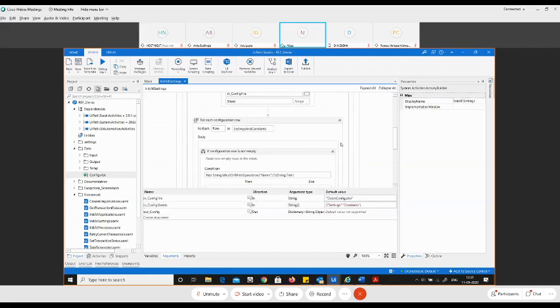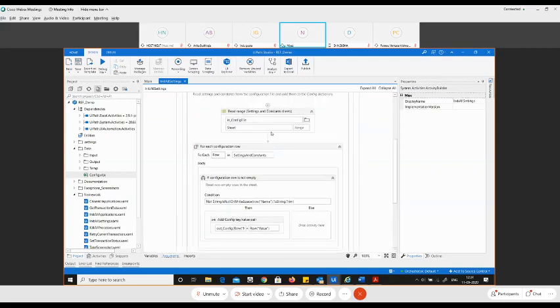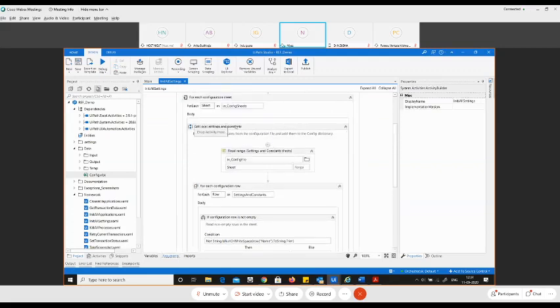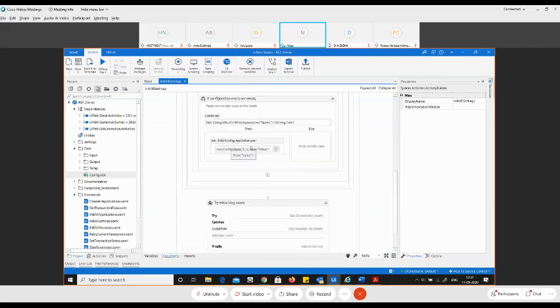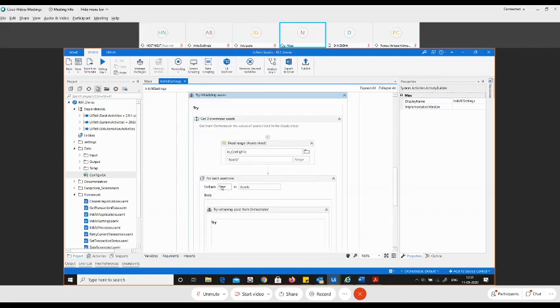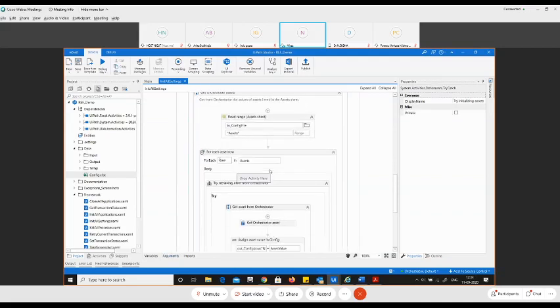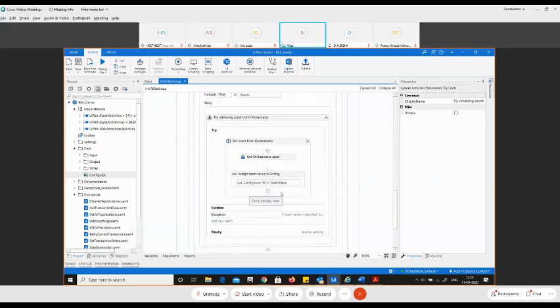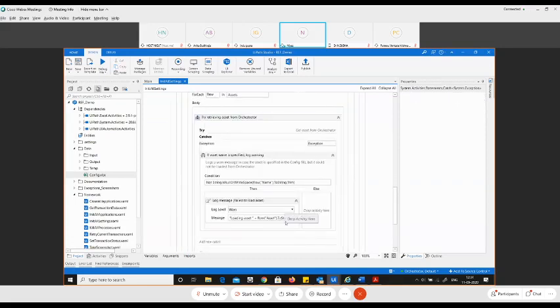Proceeding further, you can see we are using a for each loop to loop across all the spreadsheet rows, and we are storing all the values inside the config variable. And lastly, over here, we are also using the asset values. So reading the asset value, if there is an asset, we specify the asset, or if there is no asset, we just log a message saying there was no asset, or asset retrieval from the orchestrator failed.